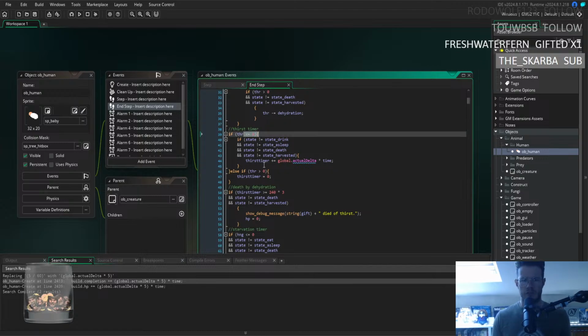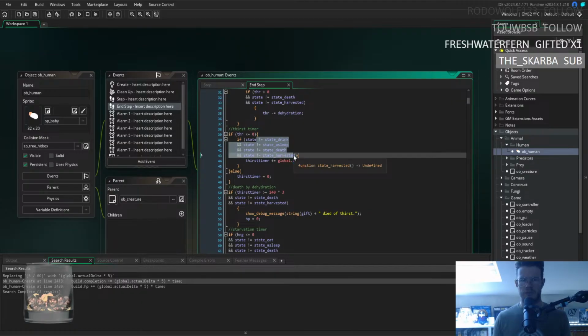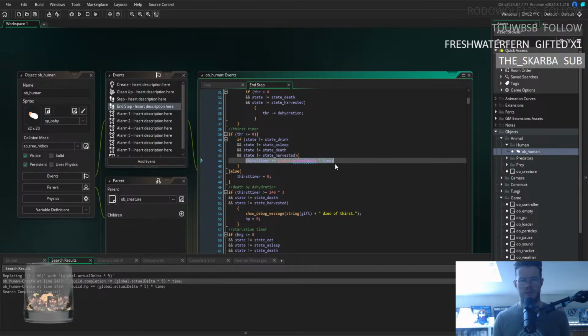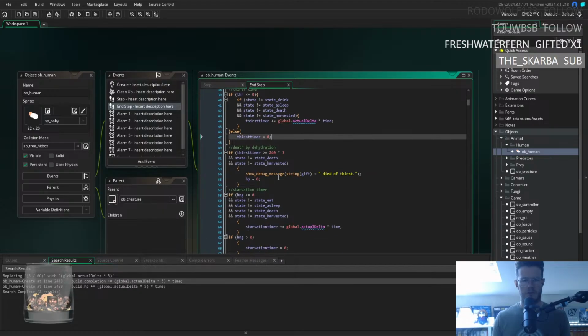Thirst is less than or equal to 0. We can just do else. Thirst time is if thirst is less than or equal to 0 and state is not drink, asleep, death, harvested. Death by dehydration, thirst time greater than or equal to 240 times 3,